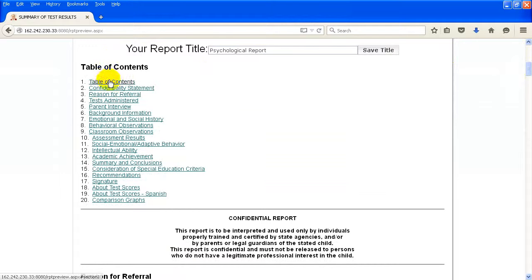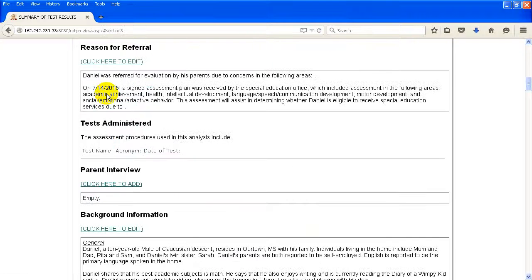Then you'll also see that SEARIS added a table of contents just like Microsoft Word with the report sections that I have in my template, which is pretty cool. These are all hyperlinked, and so I can click right down there. You'll see that SEARIS added for me the confidentiality statement, and so I'm just going to click down to reason for referral. And you can see that I had sample text in here, but I haven't typed anything into this